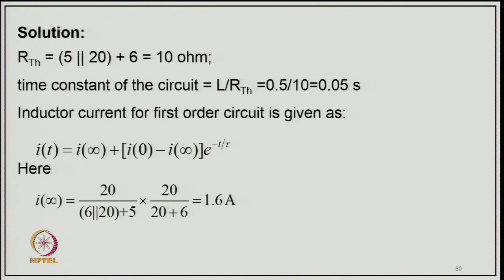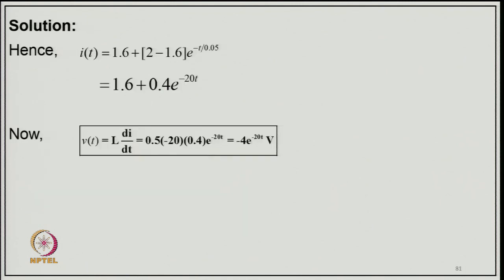The inductor current for the first order circuit is given by i(t) equal to I infinity plus bracket I(0) minus I infinity, e to power minus t upon tau, where I infinity is 20 upon 6 in parallel with 20 plus 5, into 20 upon 20 plus 5, that is 1.6 ampere. Hence, i(t) will be equal to 1.6 plus bracket 2 minus 1.6, e to power minus t upon 0.05, and that will be equal to 1.6 plus 0.4